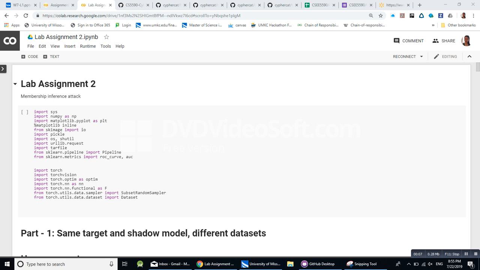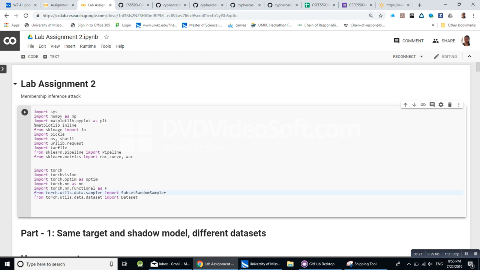For this assignment we had to create membership inference attacks, and it consists of two parts. The first part is we had to create the same target and shadow model, but we have to use different datasets to perform the attack. So here I am importing needed libraries,